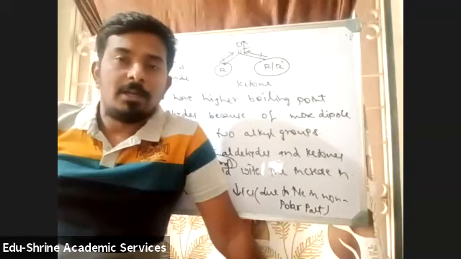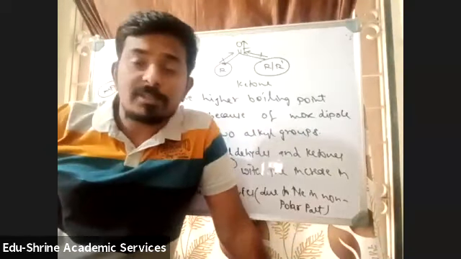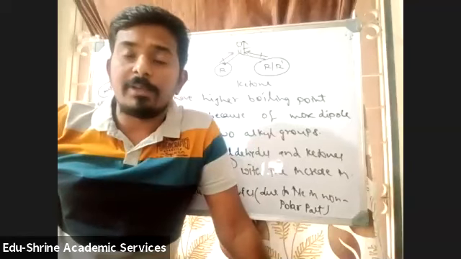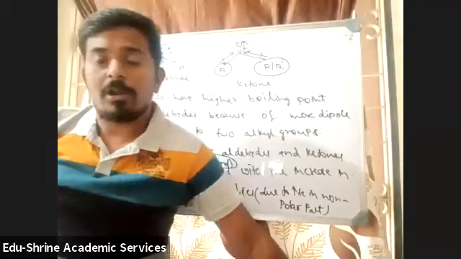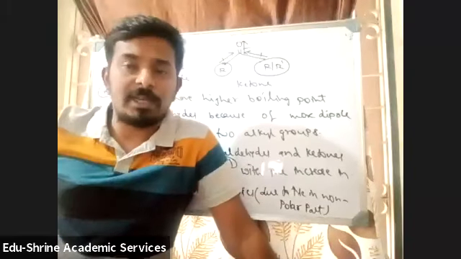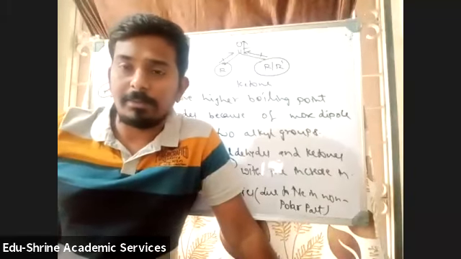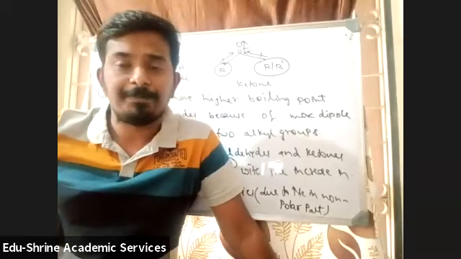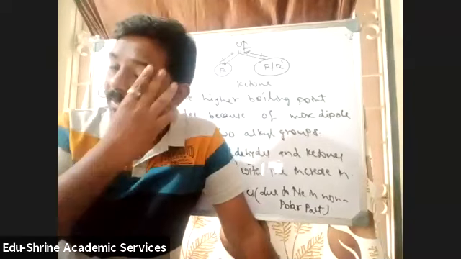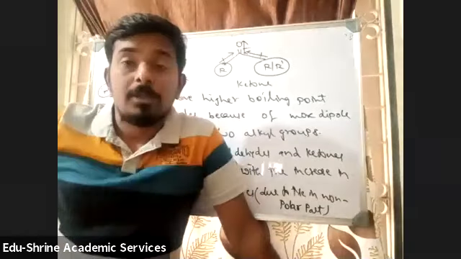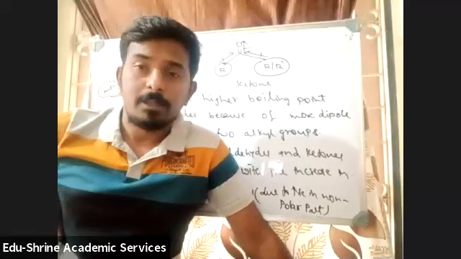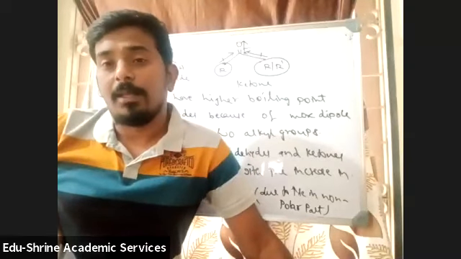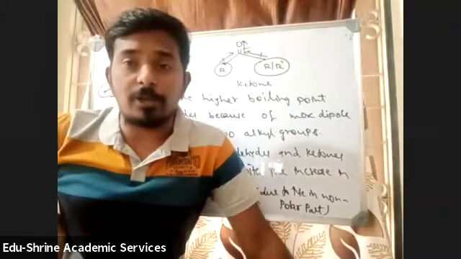Today we'll be doing ionic equilibrium, students. Already last week I gave the topic, so you must have revised the theory part also. If you have not revised the theory part, you can quickly go through that for 1 hour, because the 2:30 class gets completed, so you can get some time for revising the theory part. If you revise, it will be easy for me to go a little bit fast. Okay, and please see that every student tries to attend.